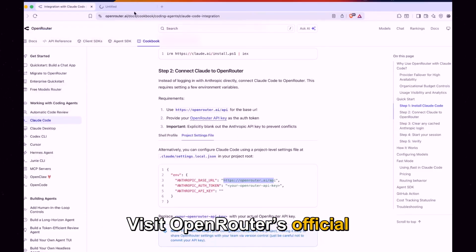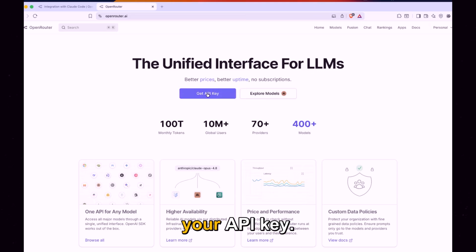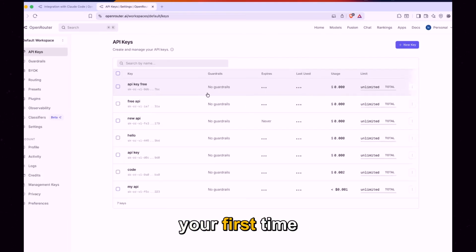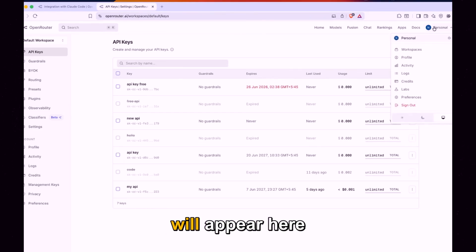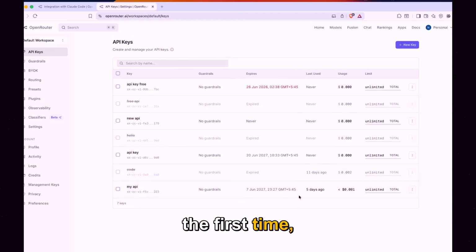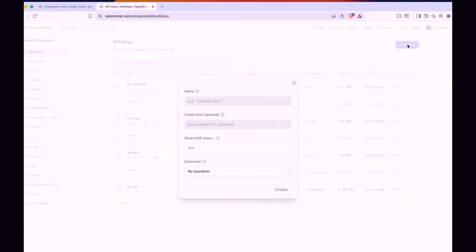Visit OpenRouter's official website and obtain your API key. If this is your first time using it, create your account first, and your profile will appear here afterward. And if you're using it for the first time, none of this will be here yet. Go straight to the new key. Name the API key anything you like, such as